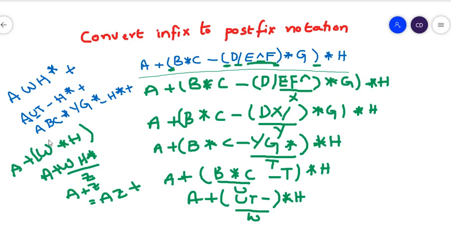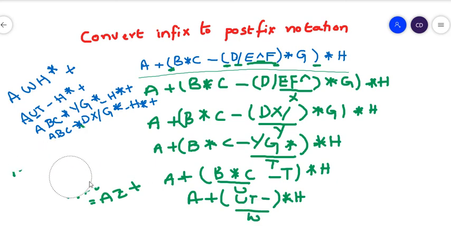Okay, so here in place of Y, what is Y here? DX. So simply you can write A, B, C star. Simply in place of Y you can take DX divide, then G star minus H star, then plus. And after that I just expand this here.